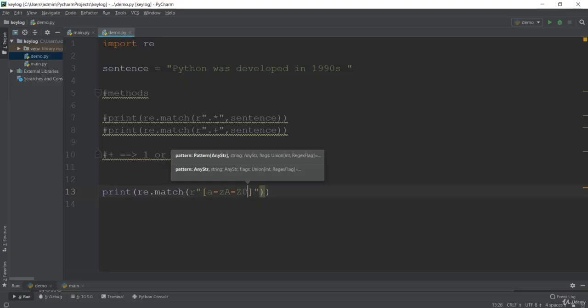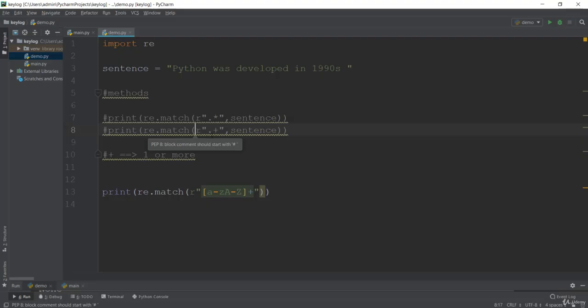You can also include something like 0 to 9, that is showing digits. If you see here, it is saying 0 to 9, everything is included in this sequence, but I don't want to include the digits. I want to include only these characters. If you see here in the sentence, we have digits too, but I will just match this object with a pattern having only alphabetical characters, no digits. And the next thing I want to add is this plus. If you remember, this plus sign means one or more, so there cannot be an empty string. The next thing I want to hold here is the sentence that we want to search for.